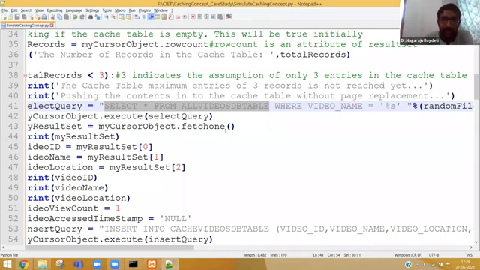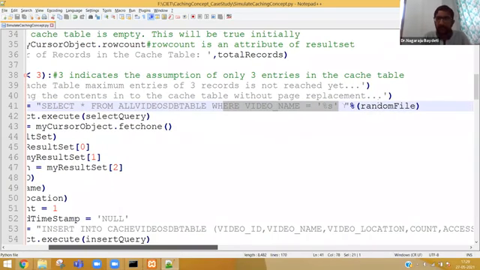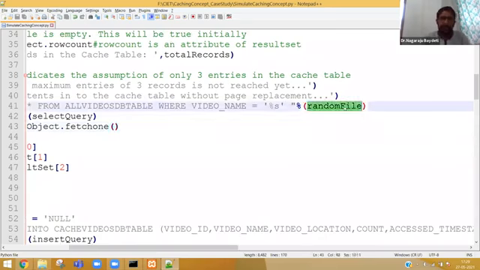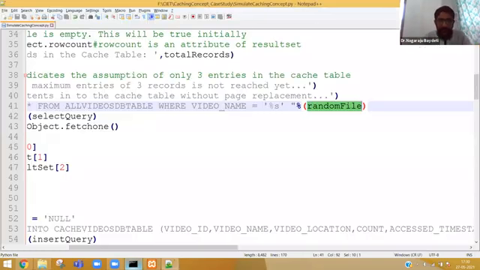I want only where the video name matches, where video name equals percentage s. What is that percentage s? I know that is random file. So imagine now, in case the program is selecting video 8, it will go to the all videos DB table and fetch the record of video8.avi. Now what will we get?